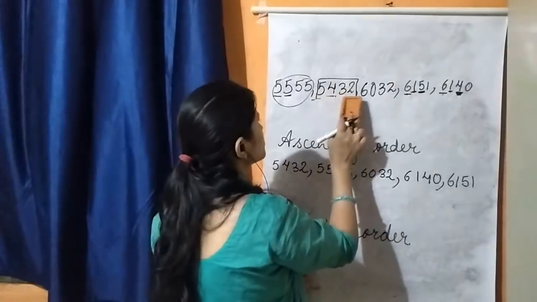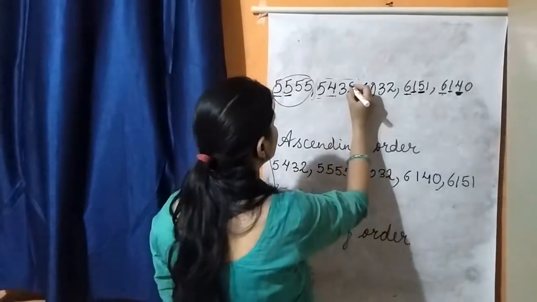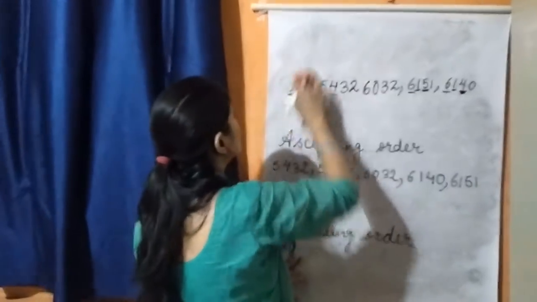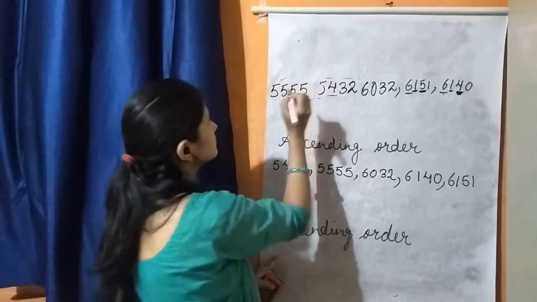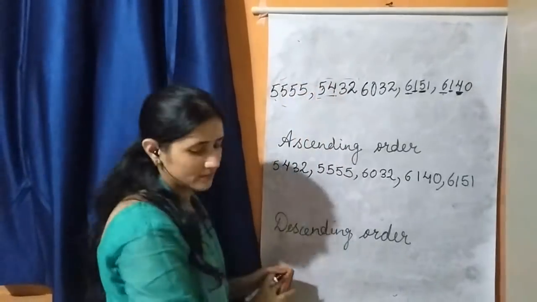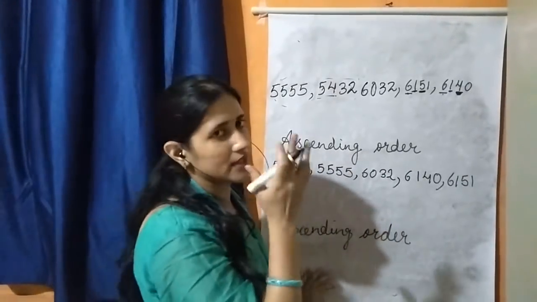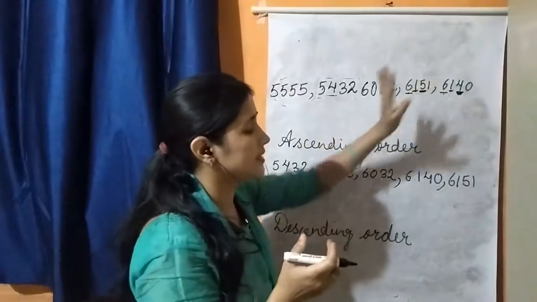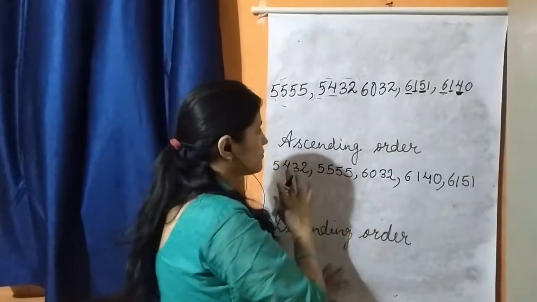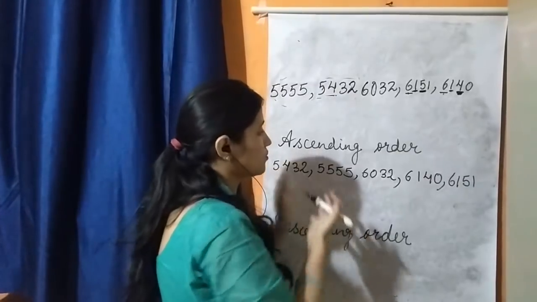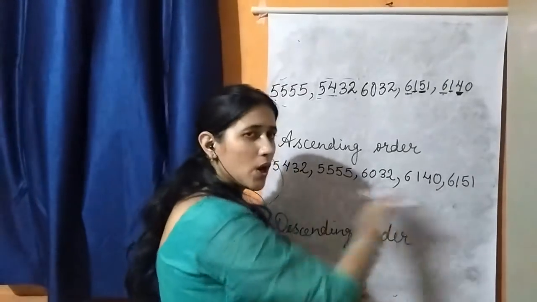Okay, now we will sort it for descending order. Now we have to start comparing the numbers and find out the greatest number here. When we did the comparison for ascending order, we started from smallest to greatest. In simple language, descending order is going to be vice versa.